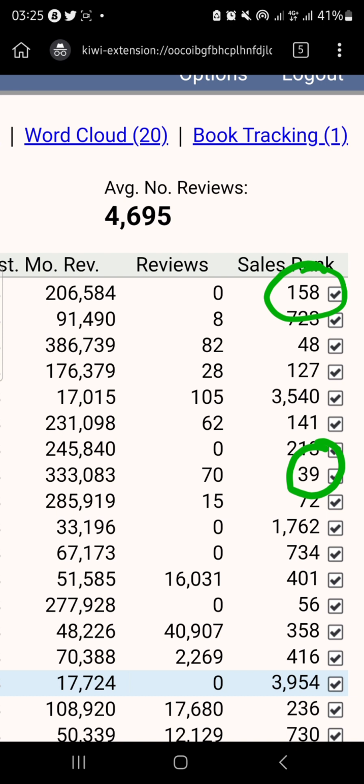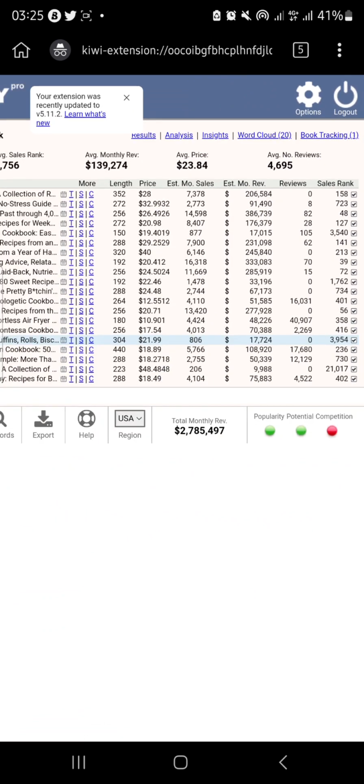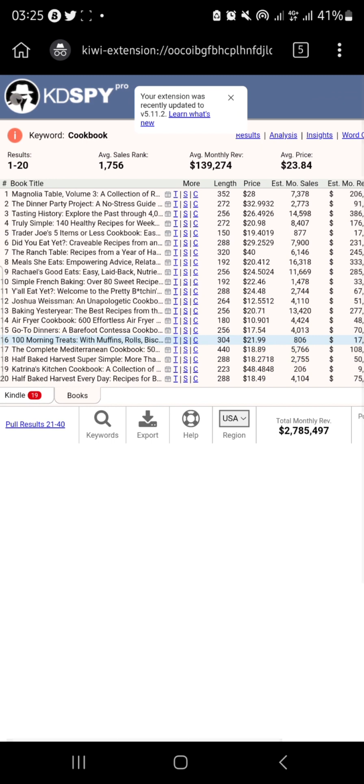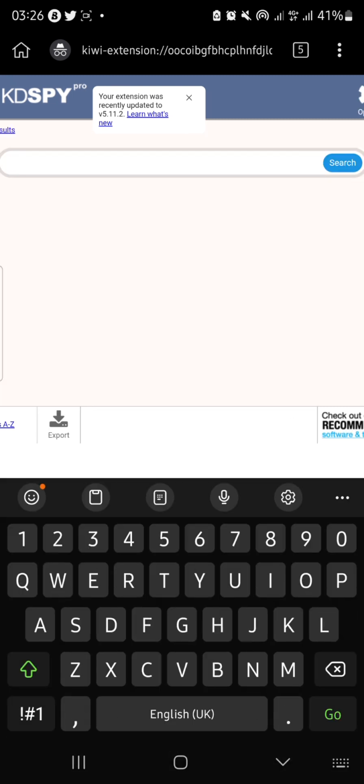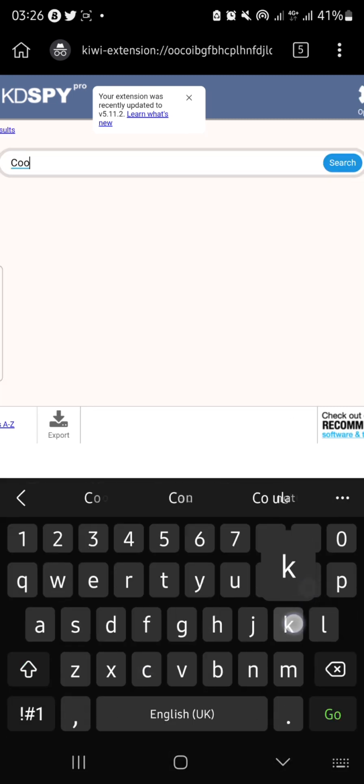So these are basic things you get on KD Spy that can help speed up your research process. Also, you can search keywords directly here. You can click on keywords, for instance, this keyword spot here. Click on that, then search a keyword, like cookbooks. You just type it in and click on search, and just wait for it. It's going to bring